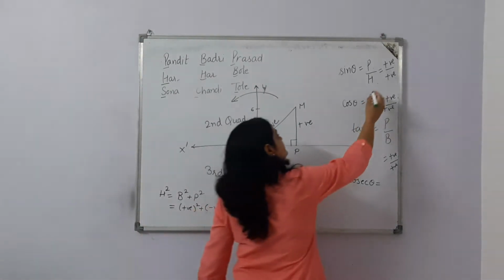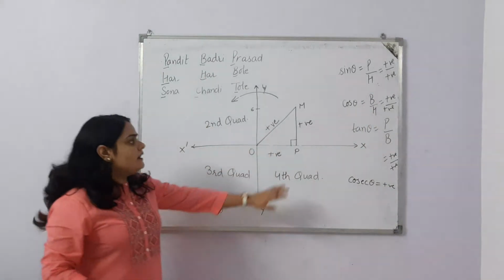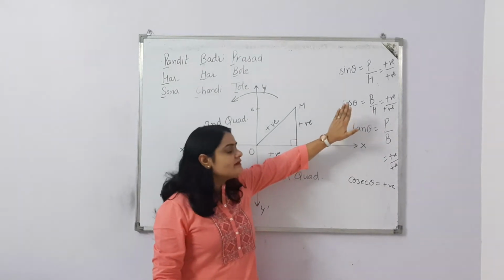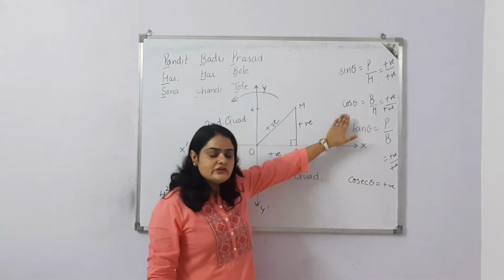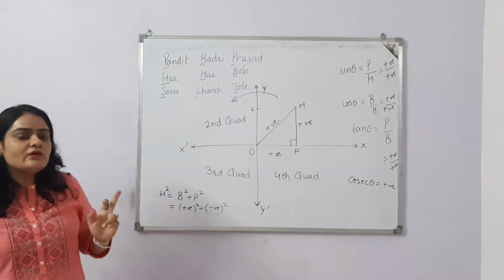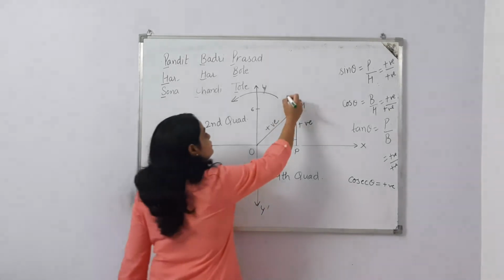So if we get a positive answer here, we again get a positive answer for cosecant, for the cos reciprocal, which is secant, and for the reciprocal of tangent, which is cot. So here, in the first quadrant,